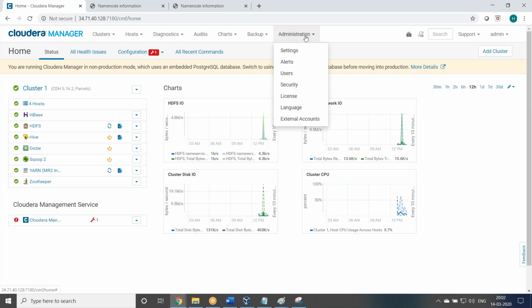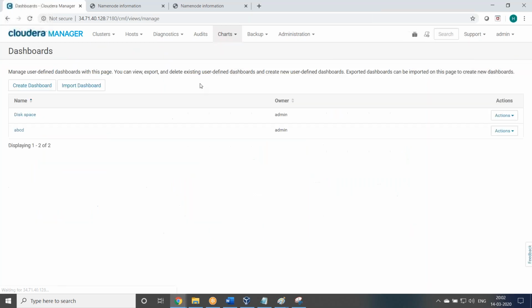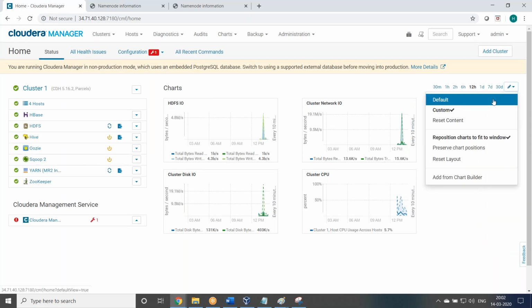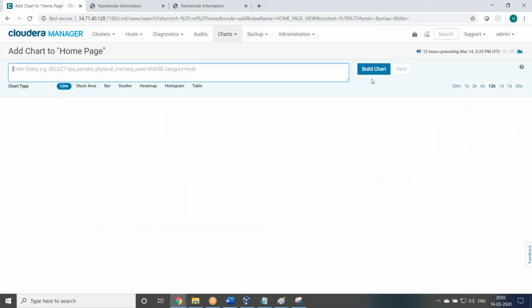Okay, adding to the main page, maybe somehow dashboards. But it's not displaying. There's a way to add dashboards here. Not this way. Import option, can we import or not? Add from chart builder. The import option is outside.